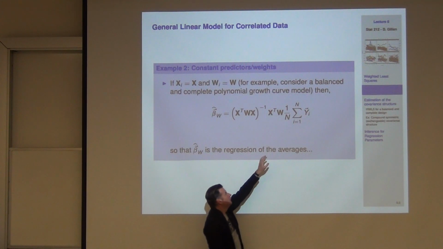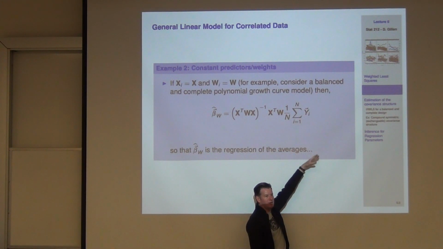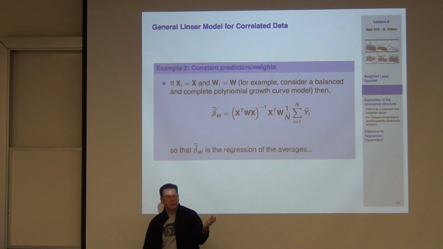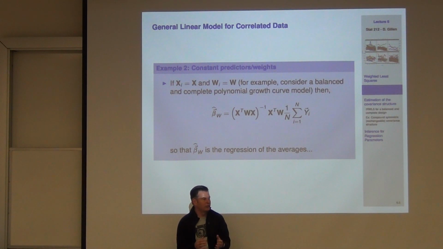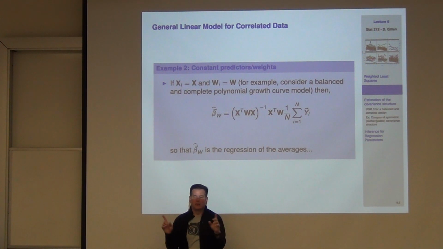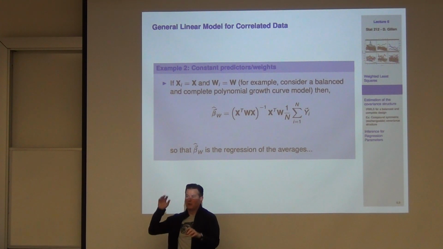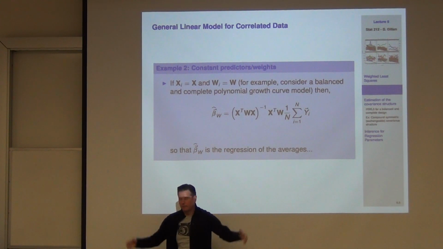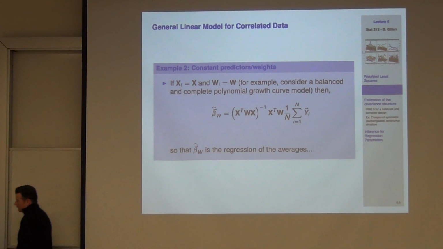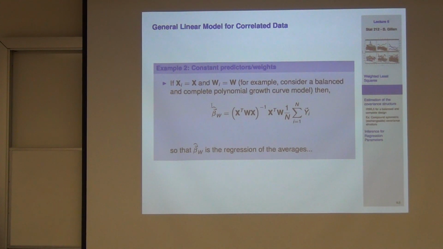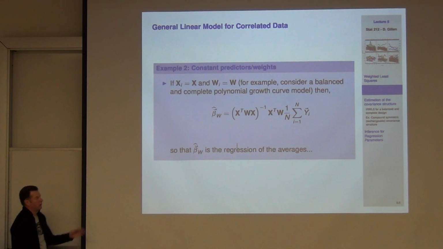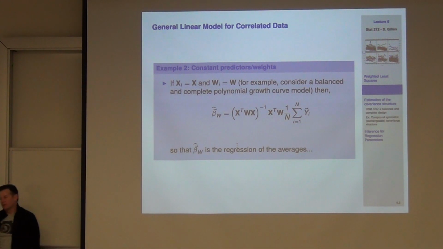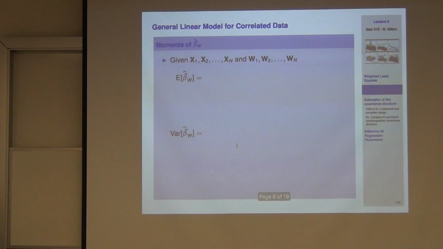What you're doing is saying, I've got this response vector, I can average those across the sampling units, and then I'll throw a weight on each one of them. The weight really comes down to being the leverage on the x's at the end of the day. I realize I'm using weight twice here. I've got W up here for weighted squares, but then you've got an overall weighted mean put on the left. It's going to be a function of the leverage and what you've measured there. So it's really just a regression, if you will, of the averages. So I can take the averages of my y's and then run the regression on these.